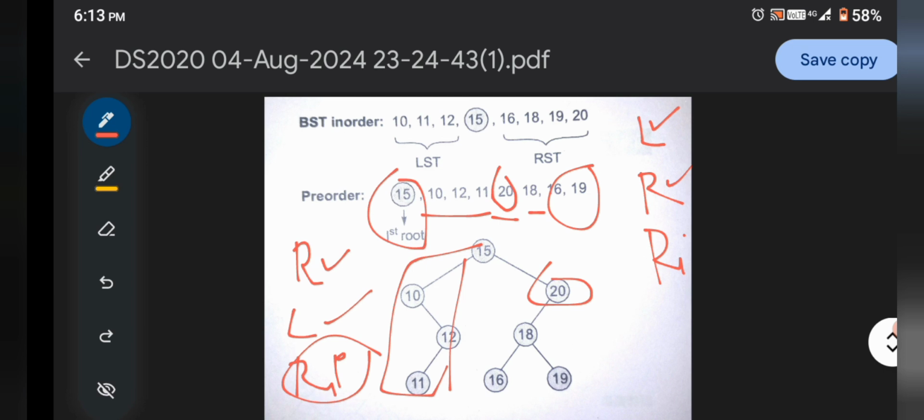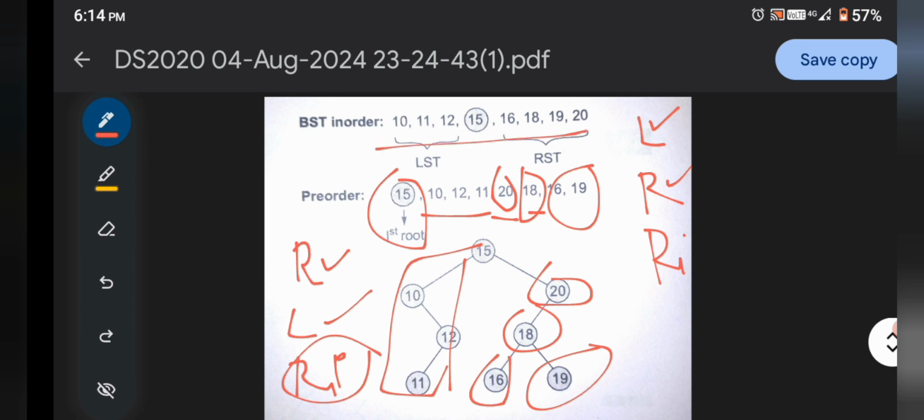So it is very easy. 18 becomes the next root, and here 16 is the left child and 19 will be the right child of 18, okay. So it follows the properties of the binary search tree, because we know very well the left child is less than the right child and the root must be the intermediate node. If you go through all these, it goes in increasing order, so it will be 10, 11, 12 like that, okay.